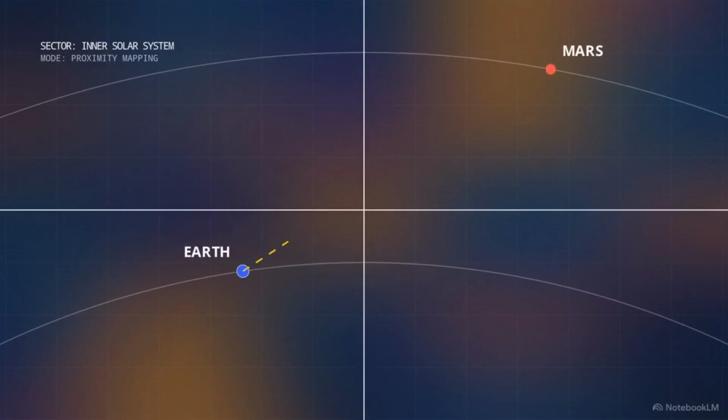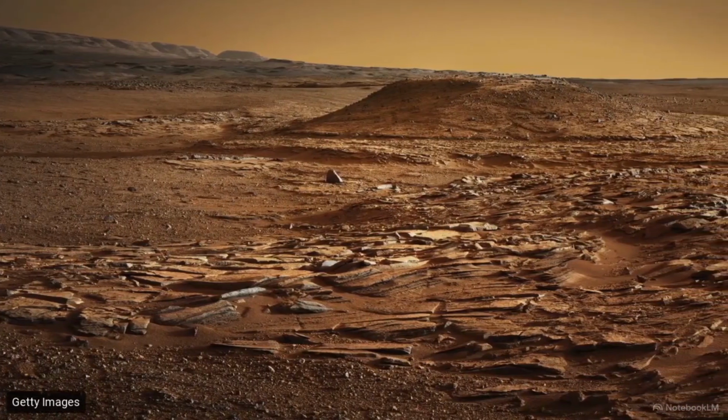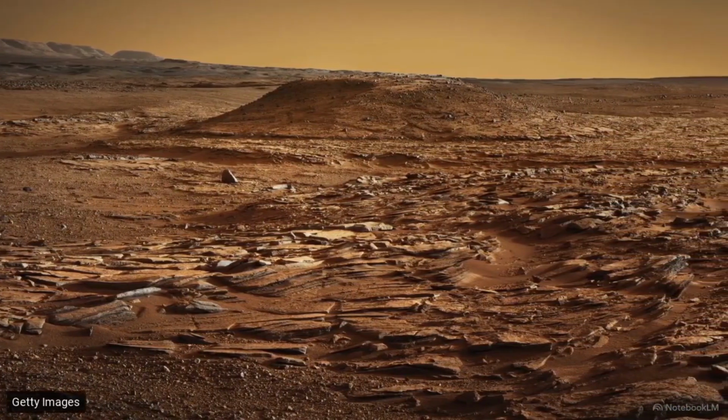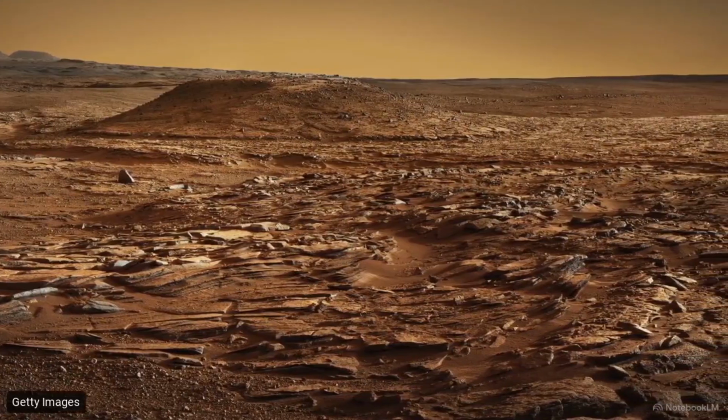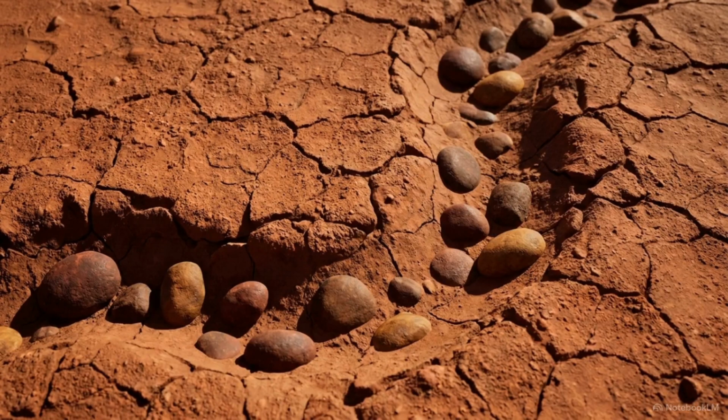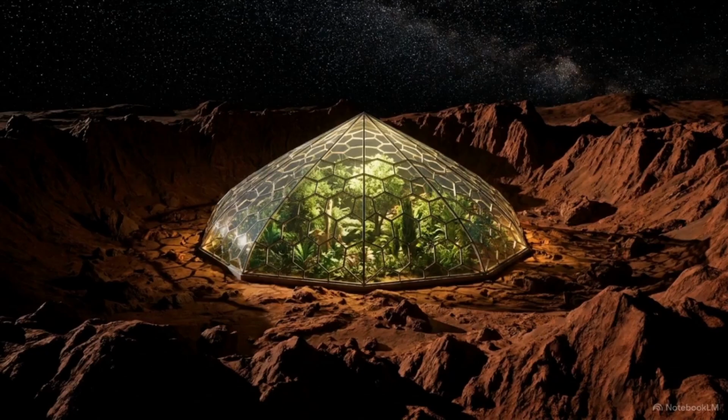But as we map the limits of this sanctuary, we are led to examine the other rocky worlds in our immediate vicinity. Our closest neighbor, Mars, contains clear geological evidence of ancient, dried waterbeds. Finding these features raises a fundamental question. If the conditions for life once existed here, could this red world be modified to support a sustained human presence